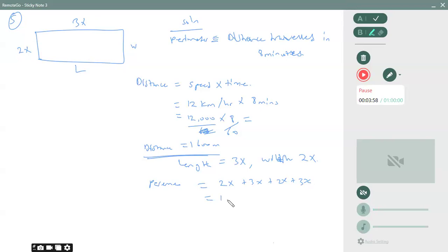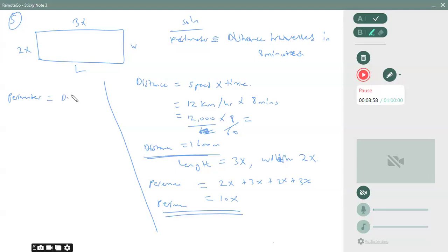10x. It is 10x. This is the perimeter. Now I want to ask you a question. Do you know the perimeter value? Yes. Do we know the distance? Yes. So when I do perimeter